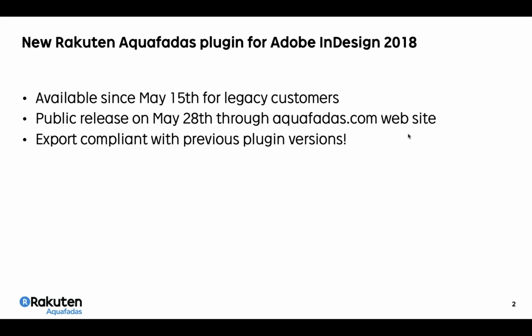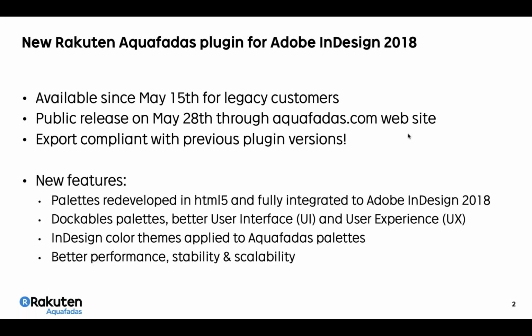So you can export it, and you will see that we are launching the plugin as well with some very few limitations, because we wanted to launch it as soon as possible to a public audience, and we know that you have been waiting for it for a long time. So you'll see some limitations, but whatever happens, even if you have been using some very complex enrichments which are not available yet today, you'll be able to export your content with the new version of the plugin.